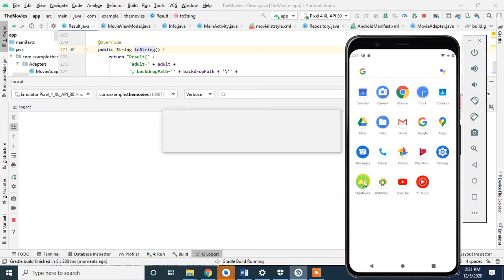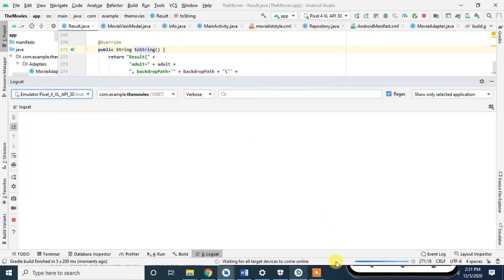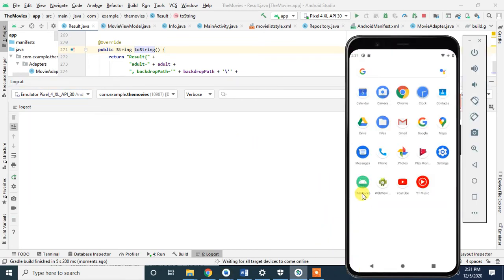I'm not able to see any log messages, so we have to